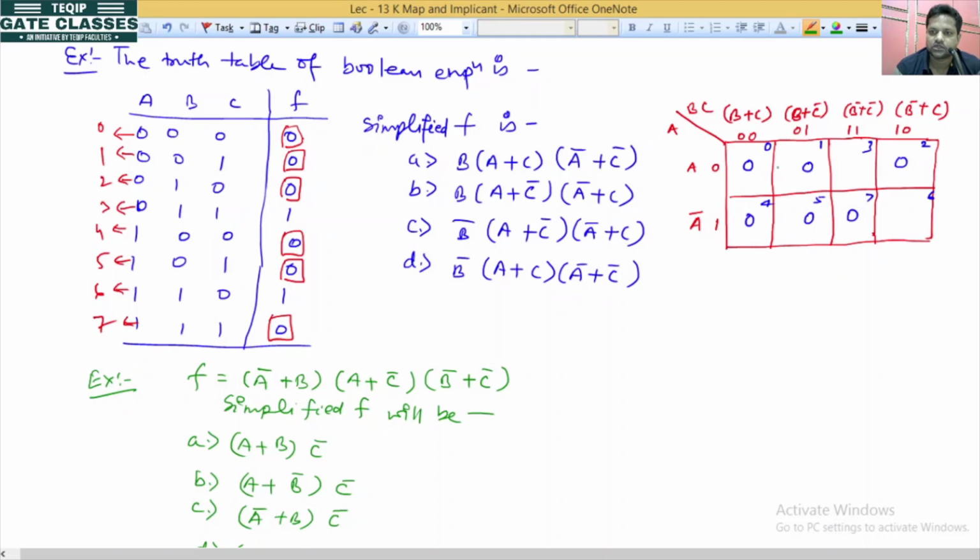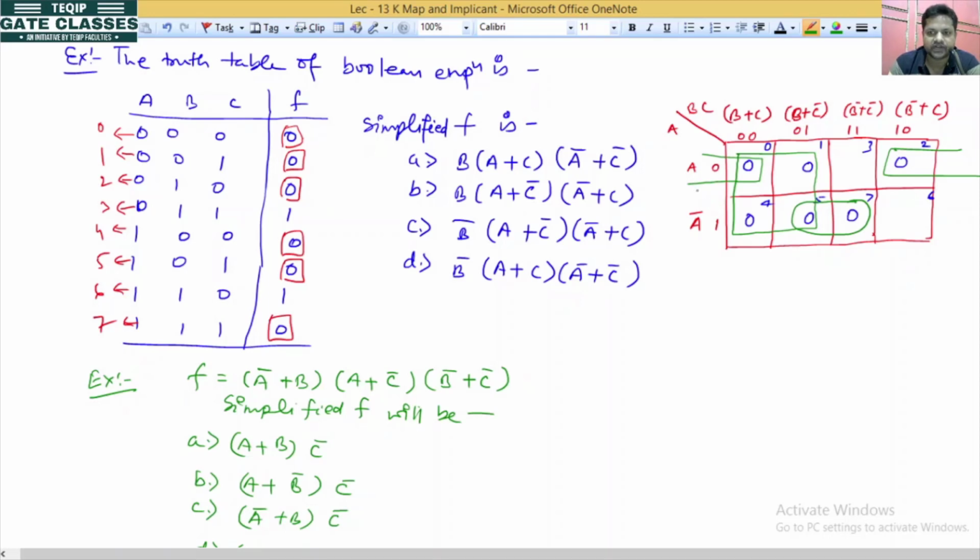So now we are going to group. If you see here, a quad is possible. See here, we have one quad. Is any other quad possible? No. So go for the pair. This pair is grouped with this one. I have already told you that the left cells can be grouped with the right cells, so it can be grouped with this one. Now we have the groups.